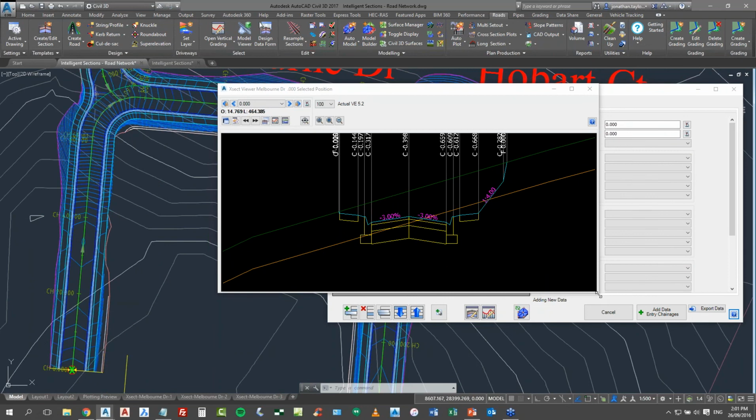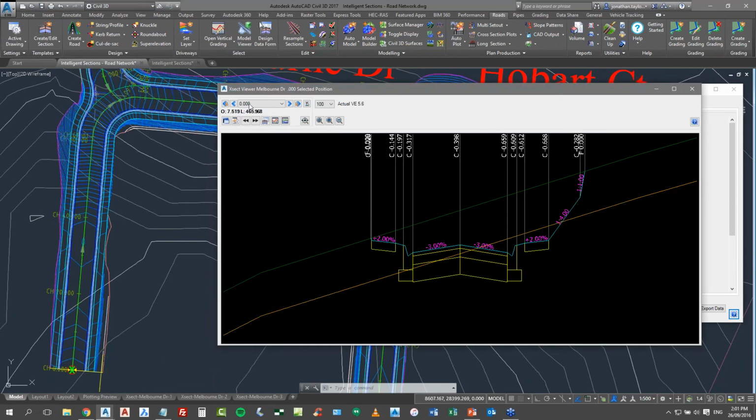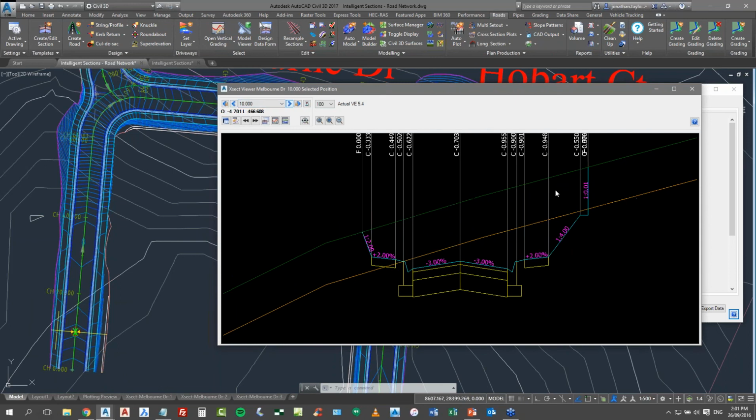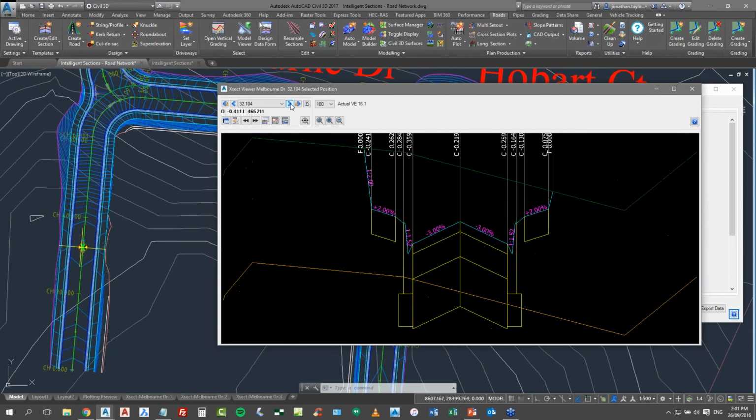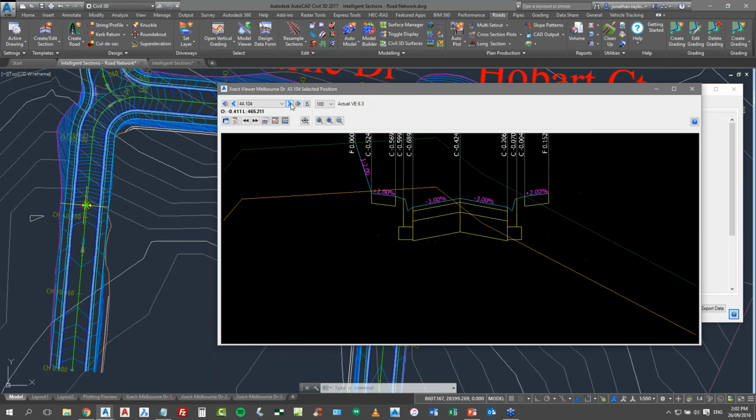But anyway, you can hopefully see now that where it's 1 in 4 and it's greater than half a meter, at the end of that 1 in 4, it produces this little retaining wall for me. So as I flick through, you can now see that it was able to form the batter. It intercepted the natural surface at 1 in 4 for 2 meters, so that's all it drew. So we flick through, and as we come up to the top of the drawing, got about 1 million sampled